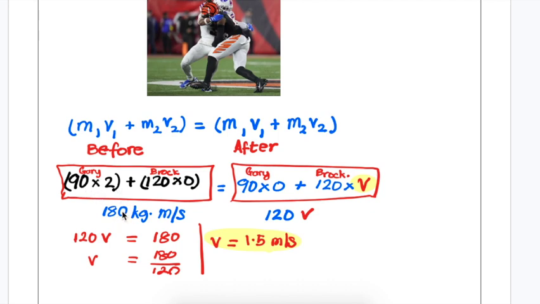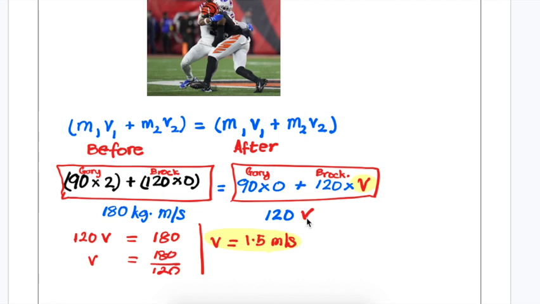90 multiplied by 2 is 180. 120 multiplied by 0 is 0. Adding them up, you get 180. On the right side, we have a total of 0. 90 multiplied by 0, but then 120 multiplied by the unknown velocity v, which we will call 120v, or 120 multiplied by v. So what we need to do next is to just isolate v, or make it the